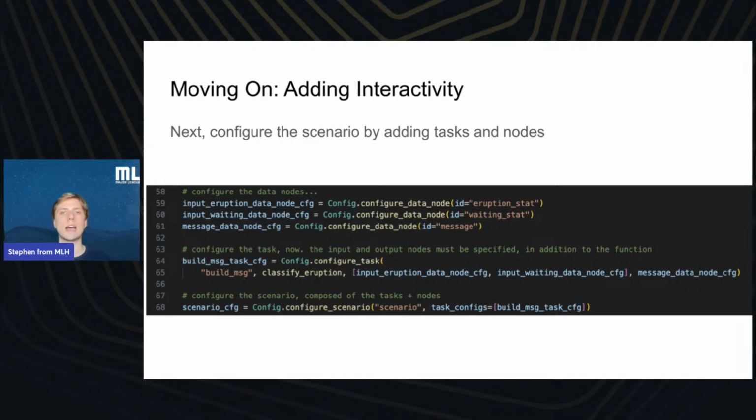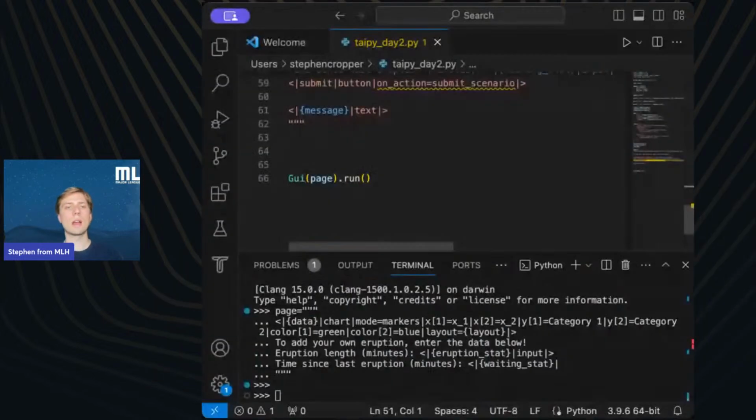So we'll give those IDs according to the variables, so eruption stat and waiting stat. And then we also have the message data node, which we will use as the output. Okay. So that sort of covers our bases as far as nodes. So let's put those nodes into our application before we go any further.